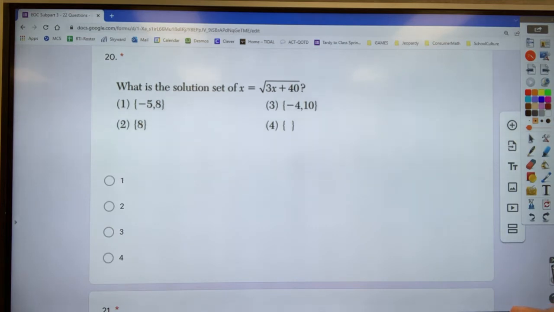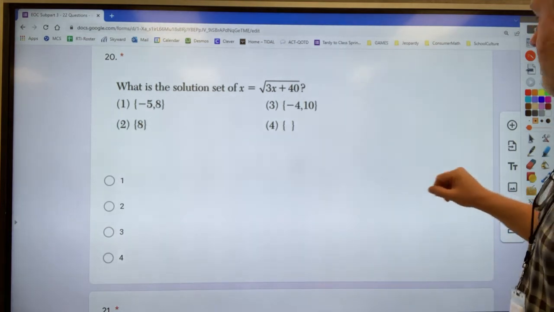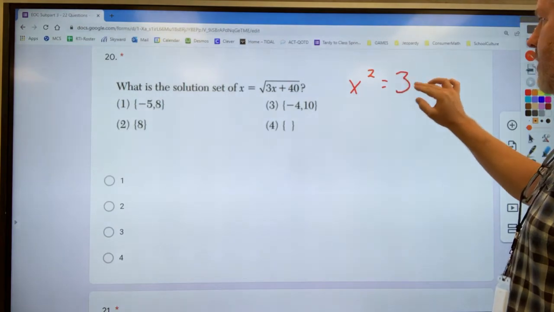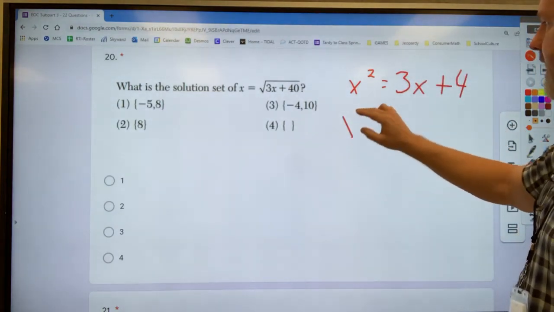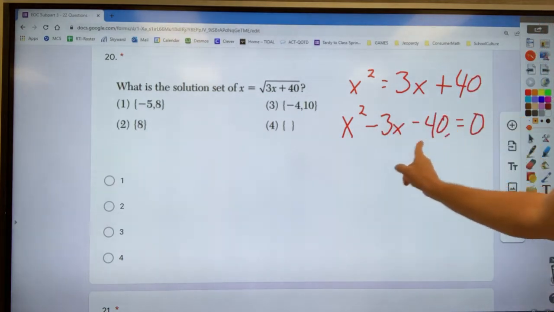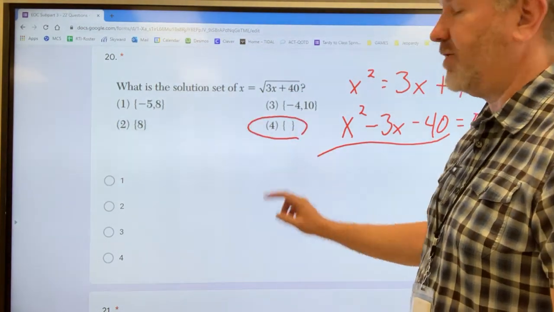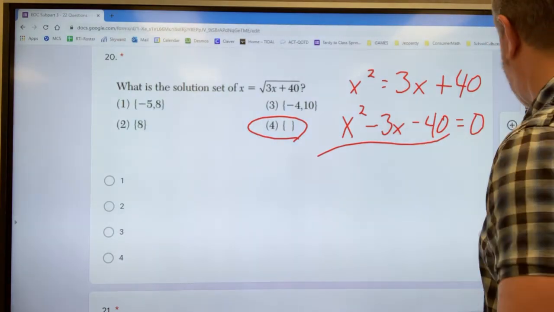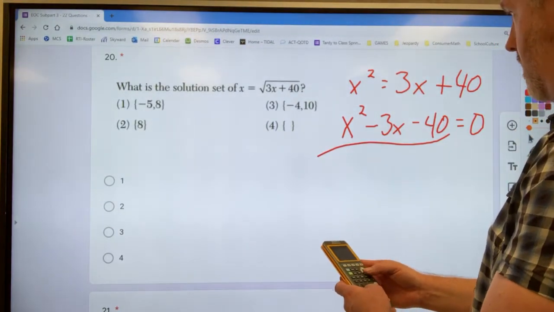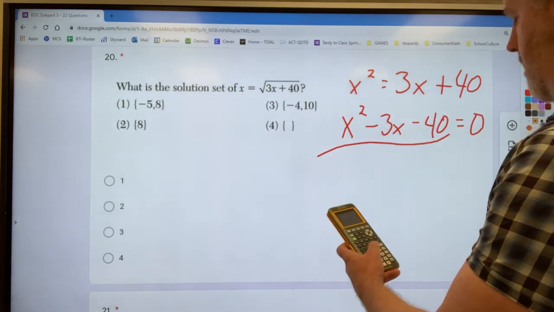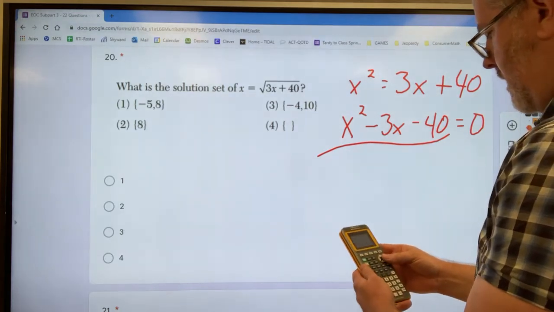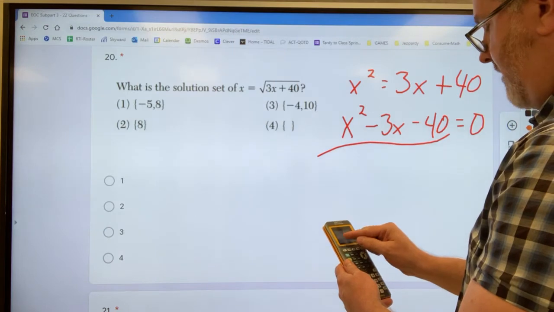3 more. What is the solution set? Okay, so for this one, I ended up squaring both sides to get rid of that root sign. I end up with this. I'm going to get everything over on the left side. Plug that in, zero it out. We end up getting no solution. Because that, oh wait, I'm sorry. I thought it was no solution. Let me plug it in again. I'll solve it on the fly here. X squared minus 3x minus 40. I end up getting negative 5 and